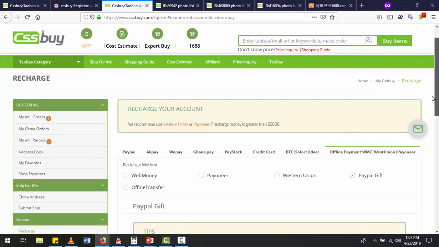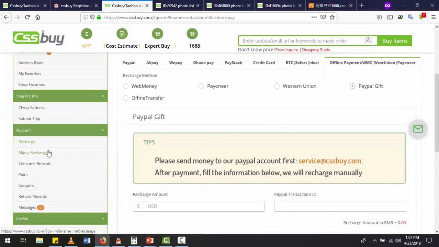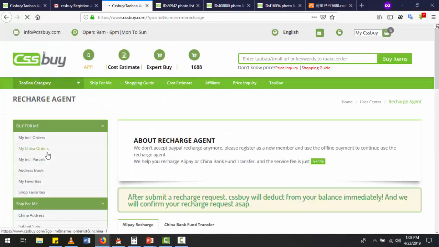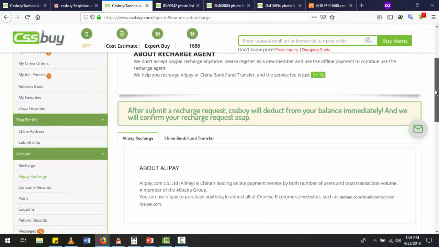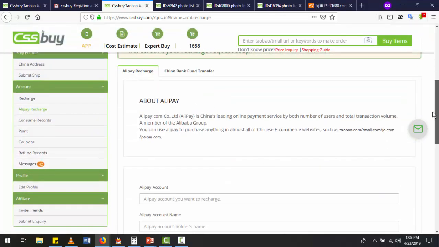So the next part is Alipay recharge. Maybe you have your own Alipay account, or you want Cssbuy to just pay an agent you already know, and you are sure of not losing your money. You can just ask for the seller's Alipay account, and Cssbuy will deposit the money into the seller's account. But there are